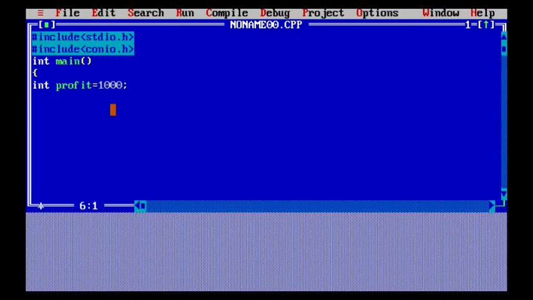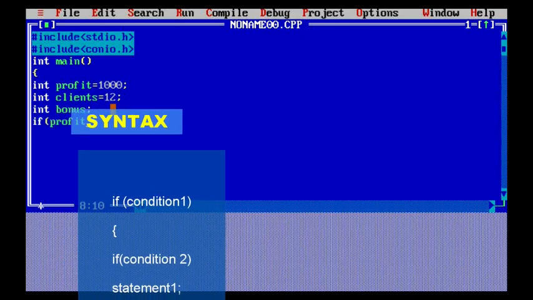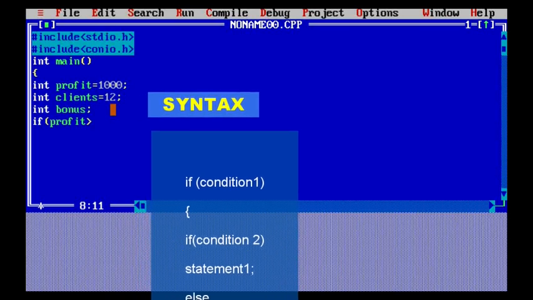Whenever I'm talking about a nested if statement, what I am going to use here is, I've given a profit that is 1000, and then I am going to put one if inside another if. Basically I'm taking three variables: profit, client and bonus. It is using an if within another if. So I'm going to use: if profit is greater than some number, then an employee will get a bonus.